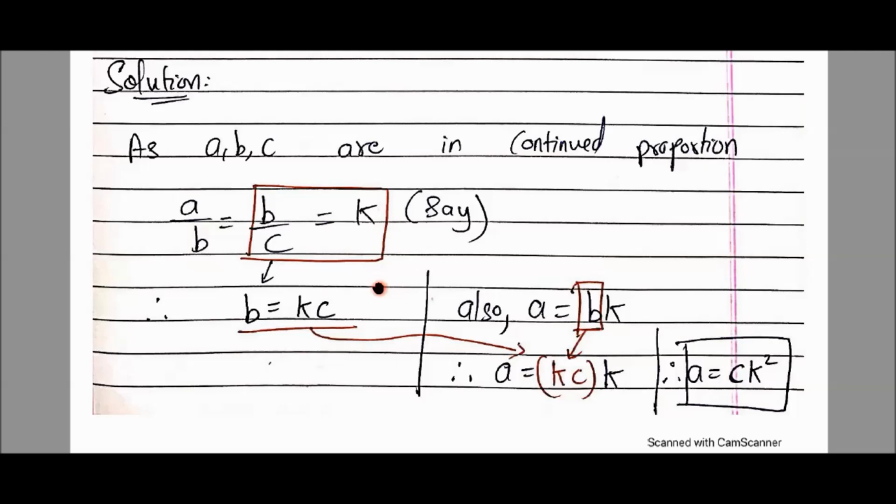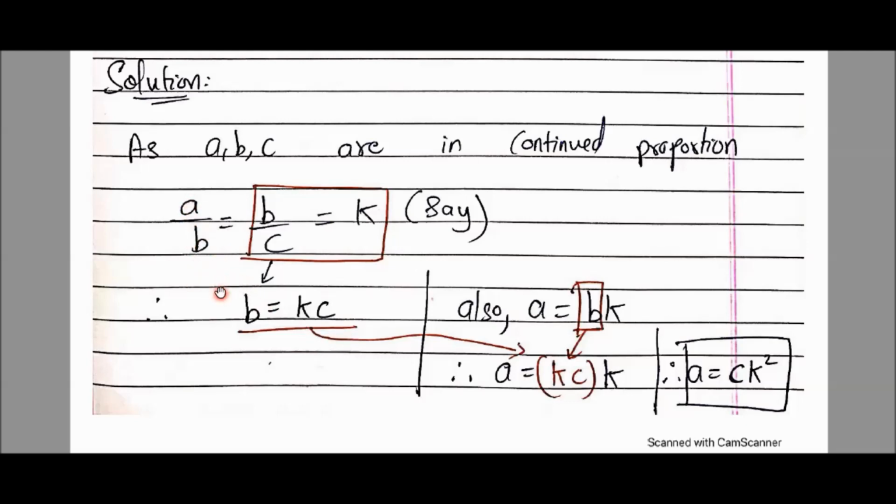But whenever you use the K method, it's a trick that you always go from right hand side to left hand side. So first consider this red box. I know that the value of A upon B is also K, but take that later. First go backwards, start from the right hand side. B upon C is equal to K. So can I say, if I keep B in the numerator only, and multiply the C at the top with K, what will it become? B is equal to KC. C goes up, so C will be multiplied with K, so it becomes KC. Understanding?